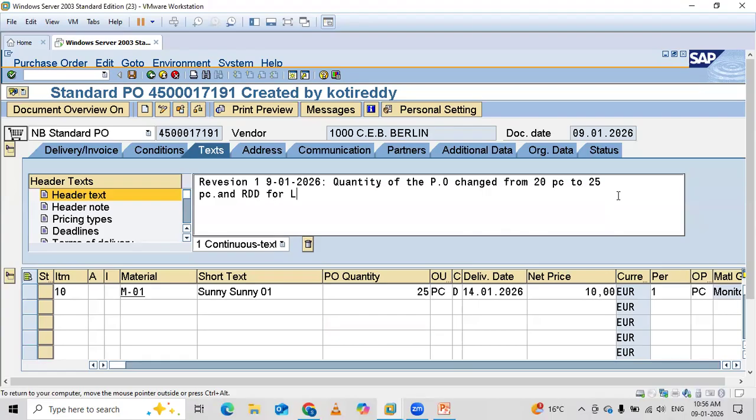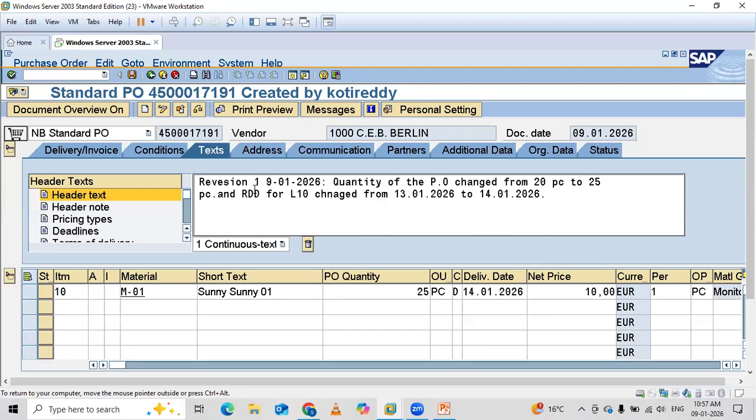RDT for L10 changed from 13.01.2026 to 14.01.2026. So that time, the vendor will see that this is a revised PO.